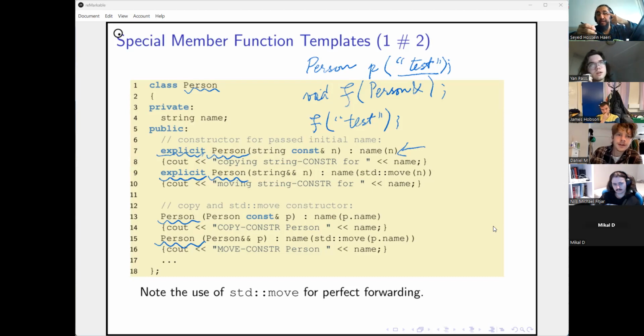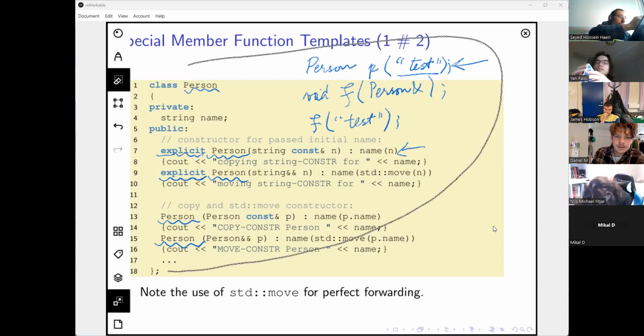If it had been marked explicit, then even this first line would not have been possible. Right. Okay, that's the entire idea. Yeah, I think that makes it more clear now. Okay, good. So that was that.